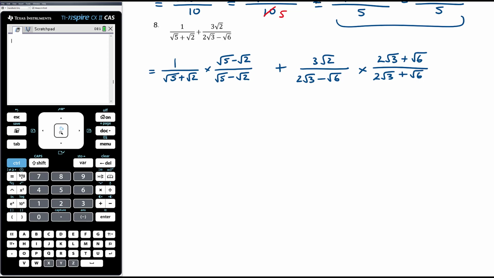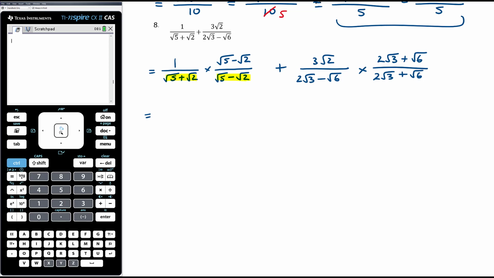So don't be afraid to do that. It doesn't matter if you have to draw through your ruled line on your page. Give yourself space, write it out properly, take your time, focus on each fraction individually, and then we'll worry about combining the fractions together. So we've got our conjugate pair